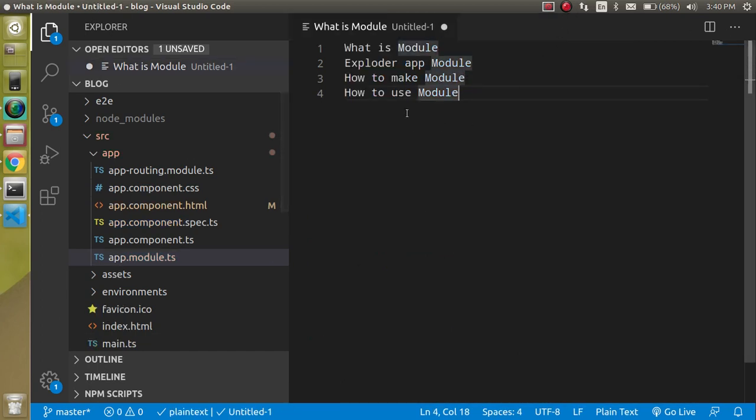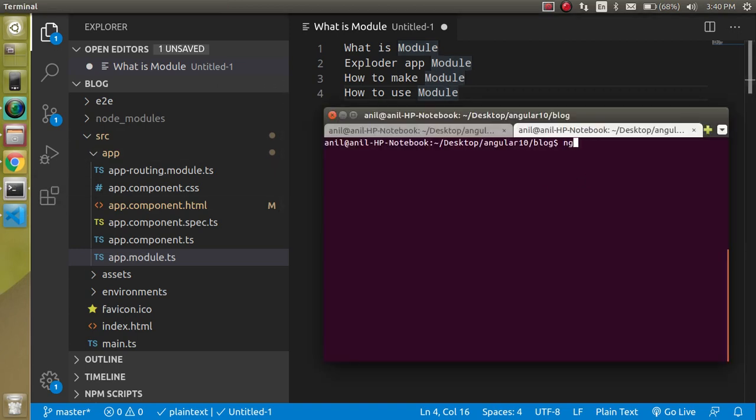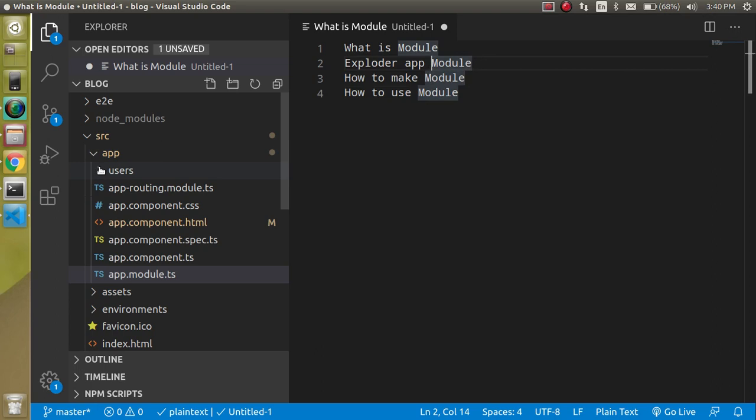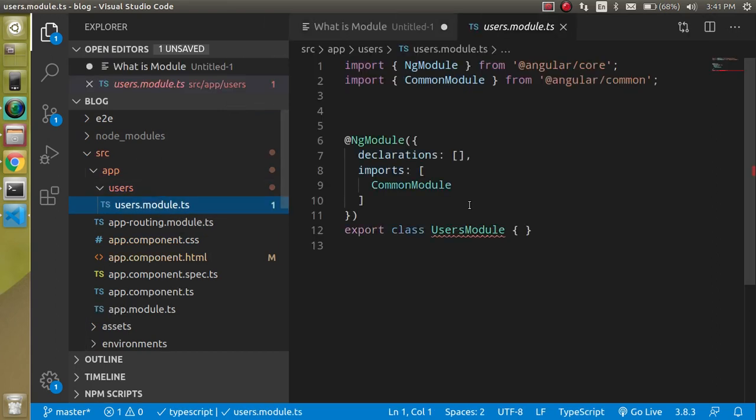Now let's go to the command line and create a new module. So just come back here and simply write ng g for generate, m for module, and the module name. So let's say my module name is users, and just hit enter. And now you can see that it creates a file with a folder like here. Great. So this file has some code like some imported files, declarations, because there is no component yet, and